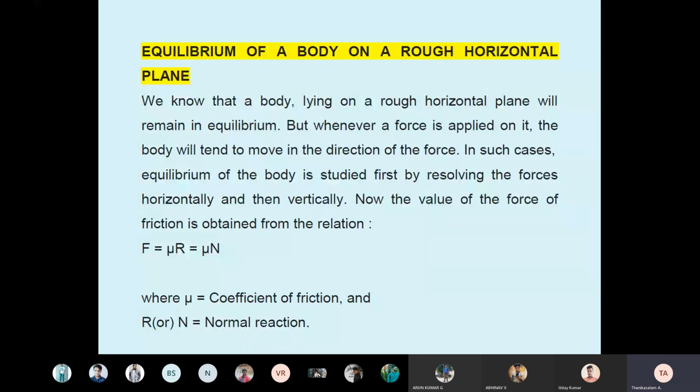See, when you say friction, your mind thinks first F equal to mu R. This is the first formula you remember. When you say friction, F equal to mu into R or mu into N. F equal to friction, or force of friction, or friction resistance. Mu equal to coefficient of friction. R equal to normal reaction or N. This is the first formula you remember, and this is force acting opposite to the moving body.